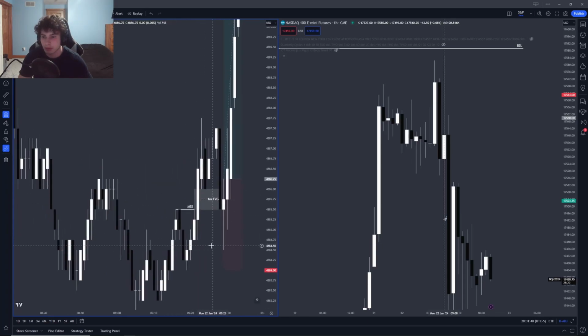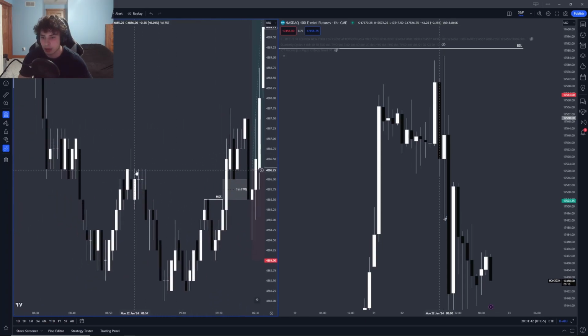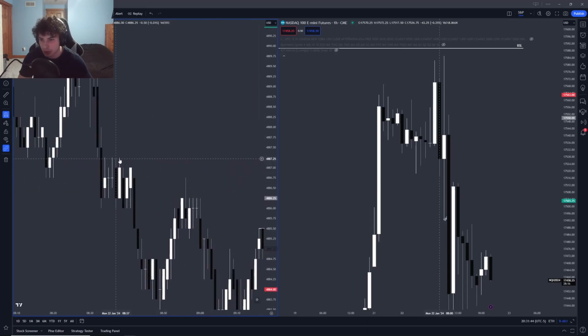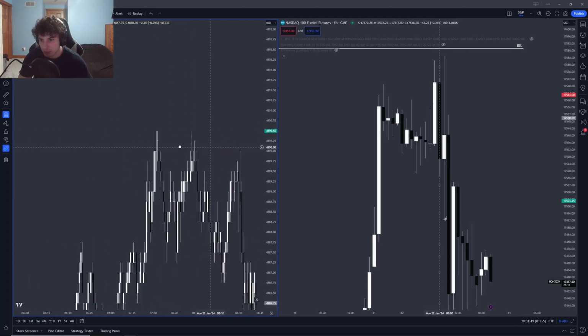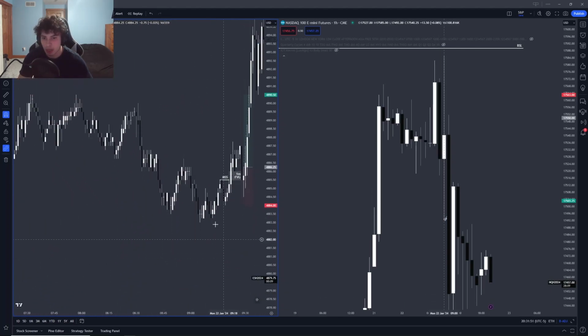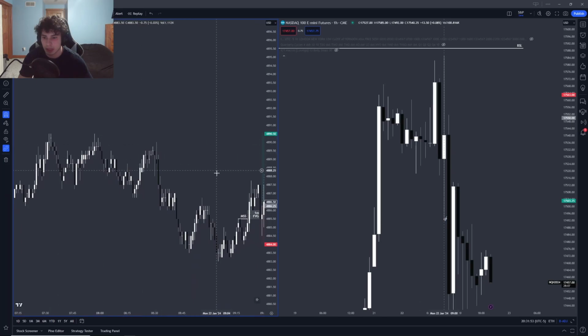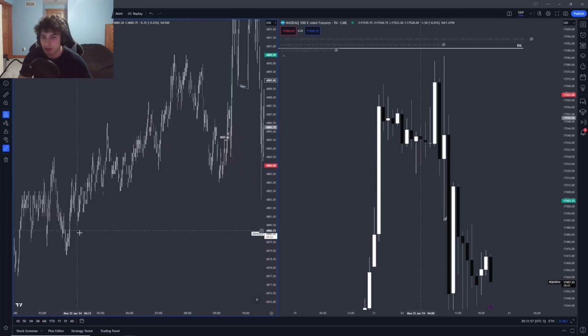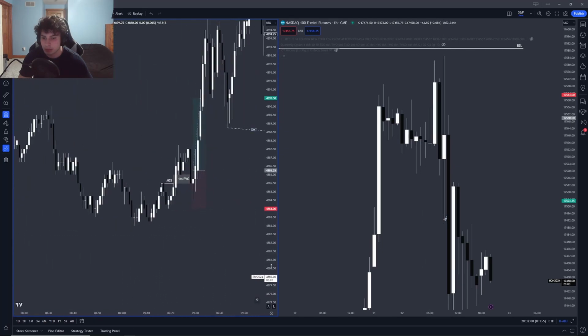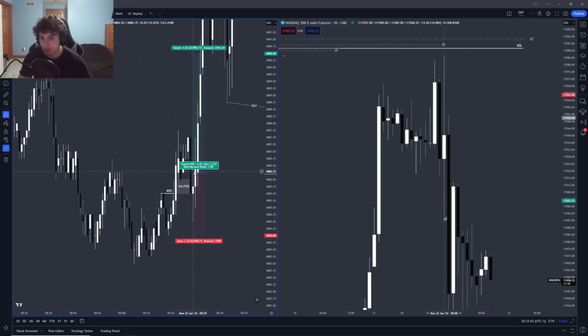Now, as you can see, we had 4 equal highs here. We also had 4 equal highs right here, and we had 3 equal highs right here. So we had all of these equal highs, all of these buy side liquidity areas that could get taken out. Sell side, not too much. I mean, we have this over here, but I was really wanting to see this get a market pump in